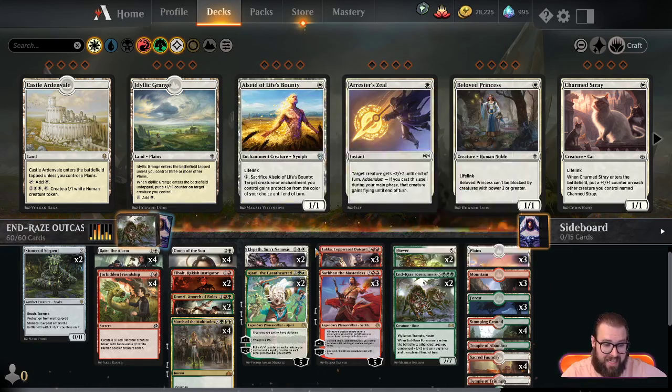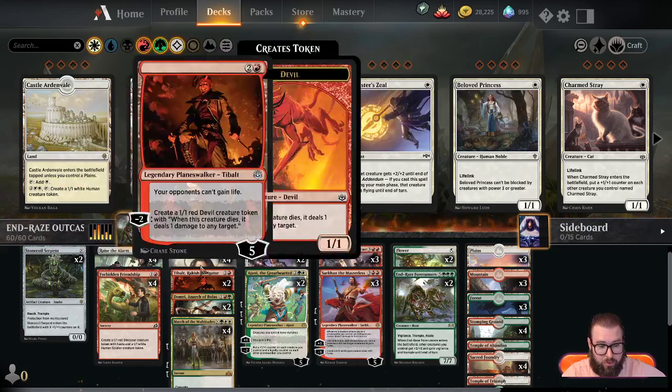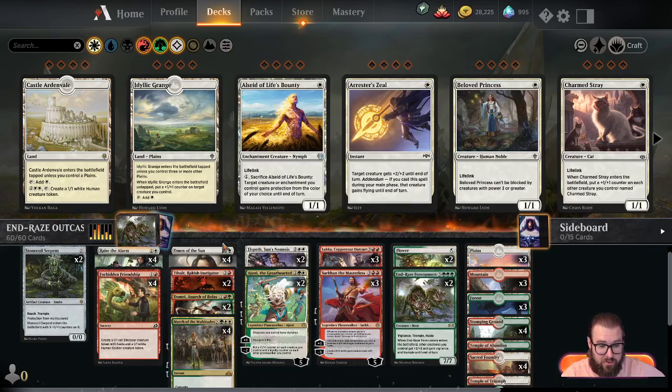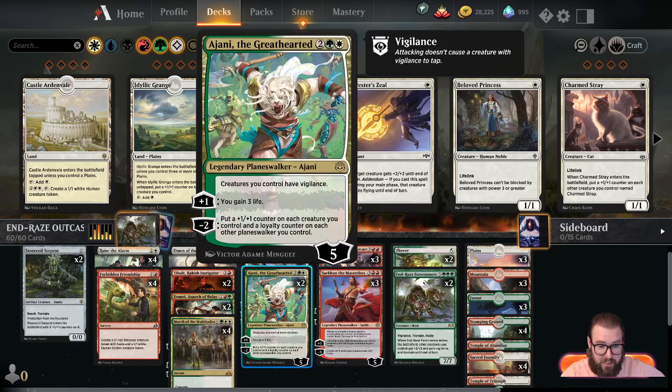So this is a Naya tokens deck. Basically, we're just trying to flood the board with early game tokens, and then cast a March of the Multitudes at the end of their turn. And then hopefully we'll have one of our planeswalkers out, so we can either buff them all,